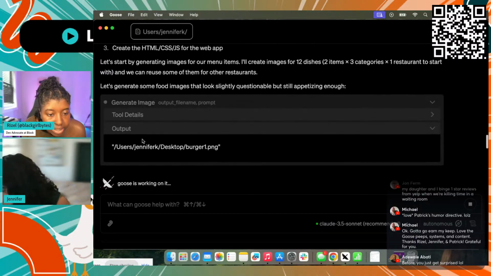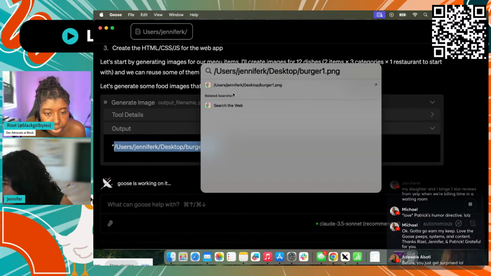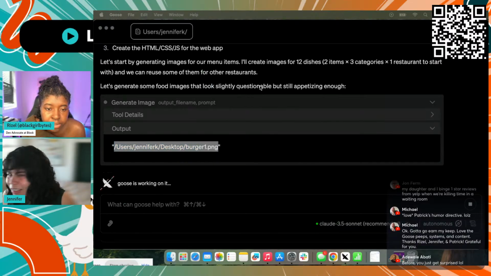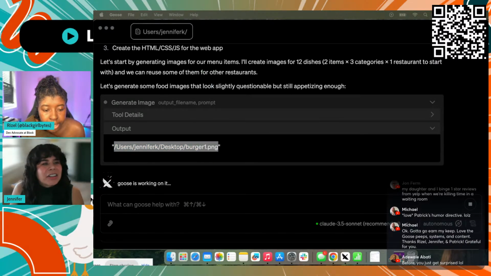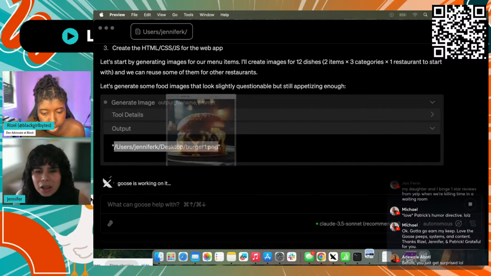Okay, so it's going into my directory. So let's just copy and paste this into Spotlight and see what it comes up with. Or will it just open it if I use my web browser? Yeah, I guess so. I didn't think of that. I was gonna say, use your terminal. Oh, no. I guess it could. Terminal. Yeah, duh. That's just because I'm always in my terminal. If you open your terminal and then type the word open and then space and then paste that path, it should open.